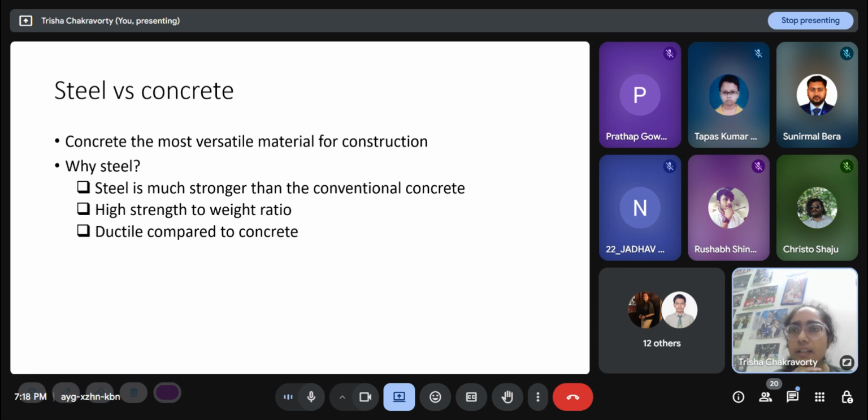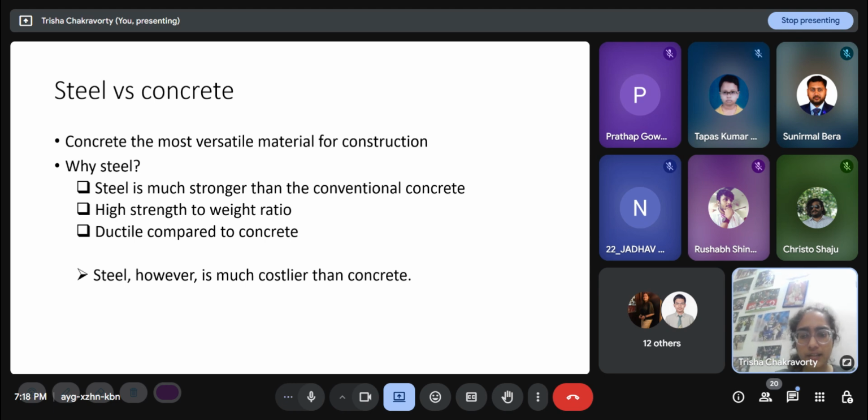And if you remember, in design of RC structures, when we were designing against bending in RCC, we always want to make it such that the steel fails first, because we want a ductile failure. If the concrete fails first, it will become a brittle failure. That is not at all what we want.